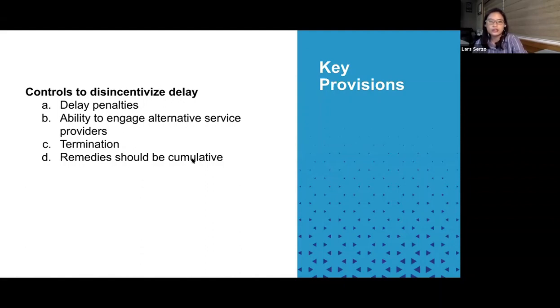So this is crucial because sometimes providers in their template contracts would say that the act of the client picking one remedy, let's say the client already exercised its right to collect delay penalties, would eliminate the right of the client to, let's say, terminate the contract or go after the provider for breach. So just watch out for that.